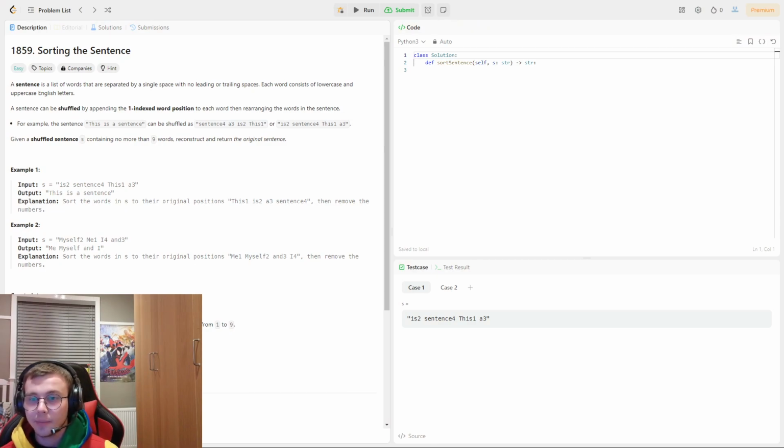So, the problem I'm going to be attempting today is 1859, Sorting the Sentence. Just going to read out the spec. A sentence is a list of words that are separated by a single space with no leading or trailing spaces. Each word consists of lowercase and uppercase English letters. A sentence can be shuffled by appending the one-indexed word position to each word and then rearranging the words